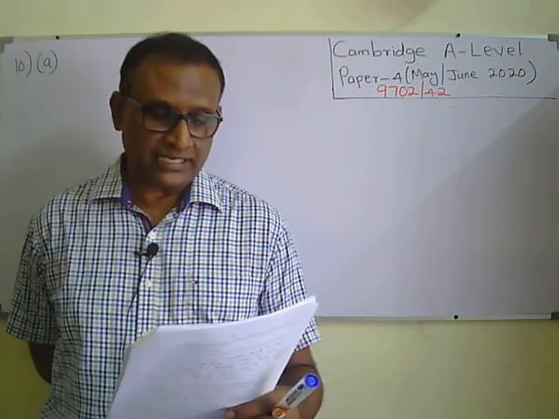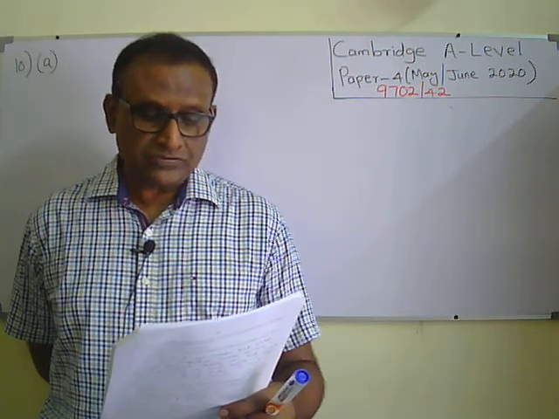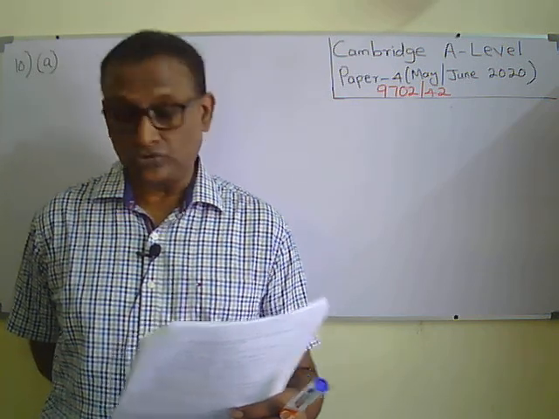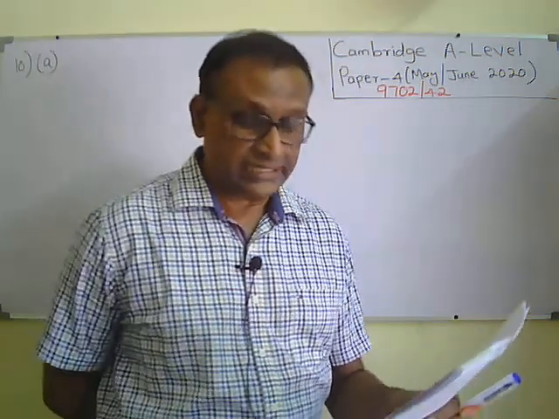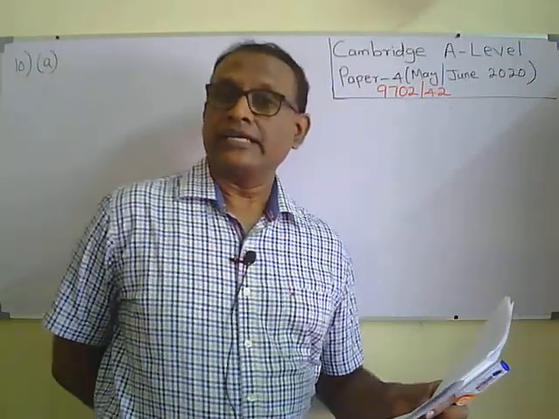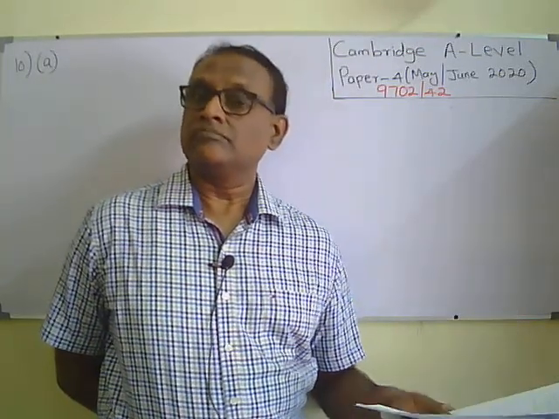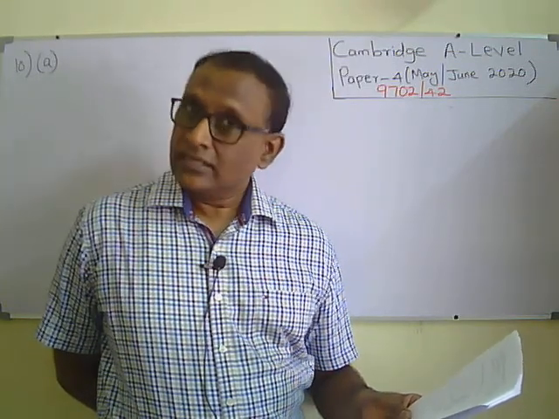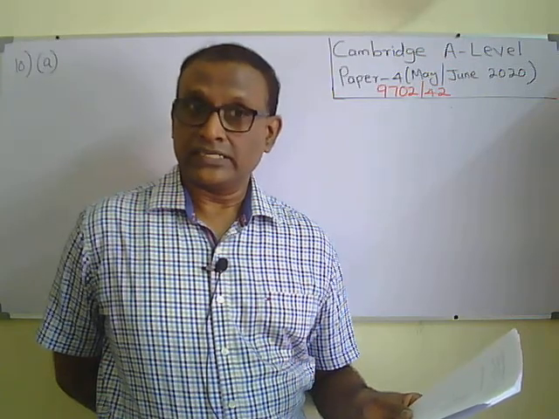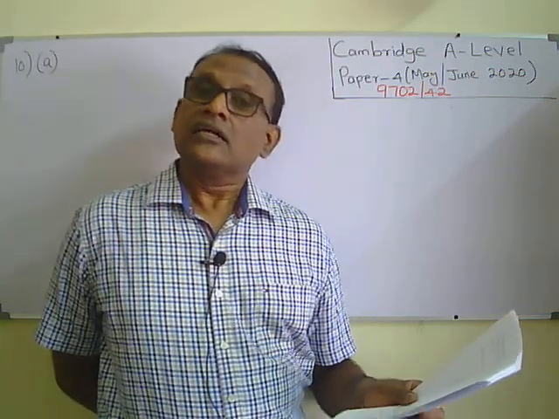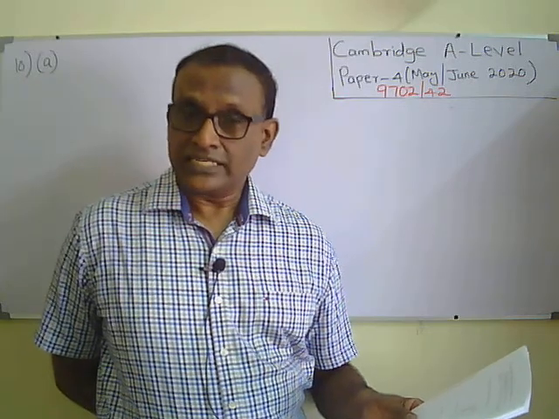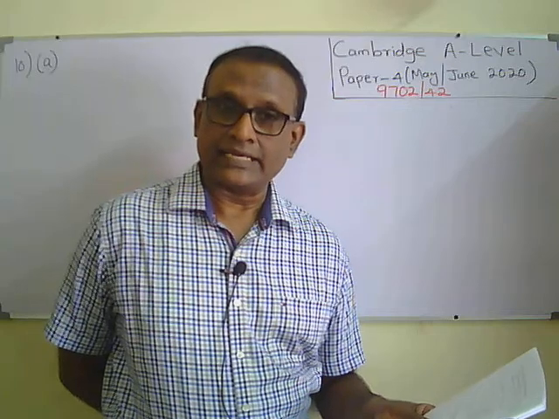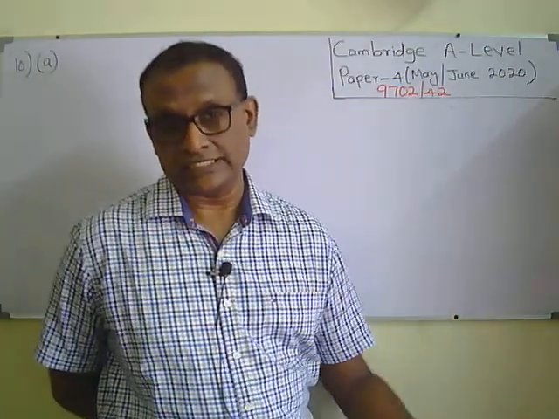The second part, B part, question number 10: a sinusoidal alternating current in the primary coil gives rise to a varying magnetic flux linking the secondary coil. Use Faraday's law to explain why the output from the transformer is an alternating AC voltage. You can say, since you are giving AC voltage to the primary coil, there will be AC current, and the direction of the current will continuously change. Therefore, the magnetic flux produced in the primary coil also will continuously change. This magnetic flux will pass through the iron core to the secondary coil.